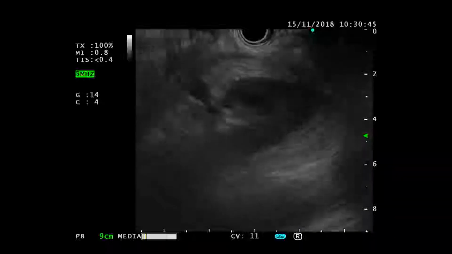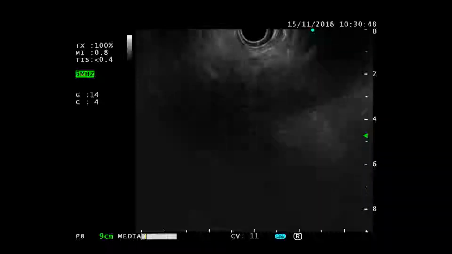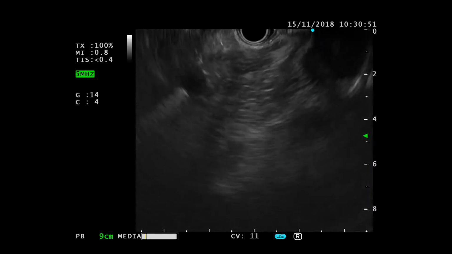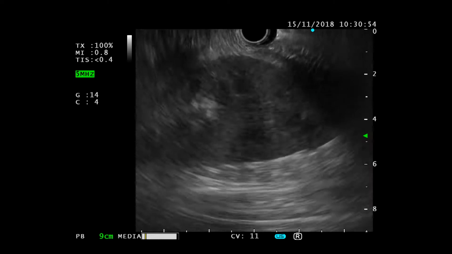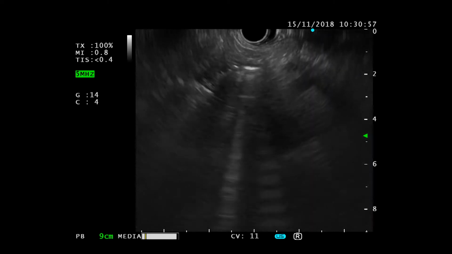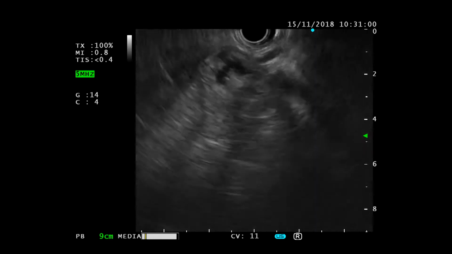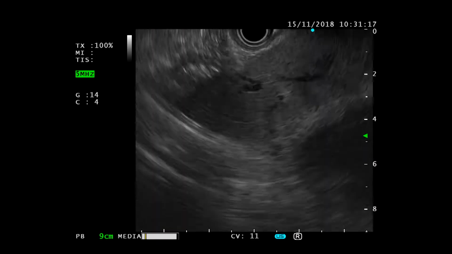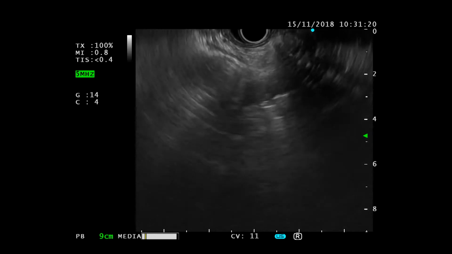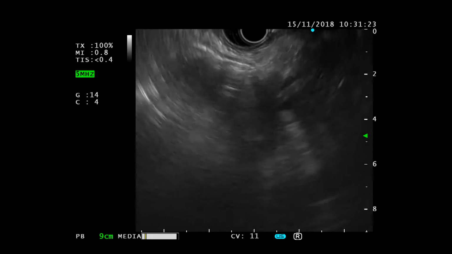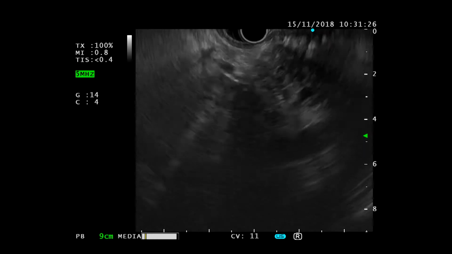This is the left adrenal gland, the upper pole of the left kidney here. Just a minute, because he has a hiatal hernia and I have to push under endoscopic vision. Can we increase sedation just a bit? He's coughing, so I'm sorry, but